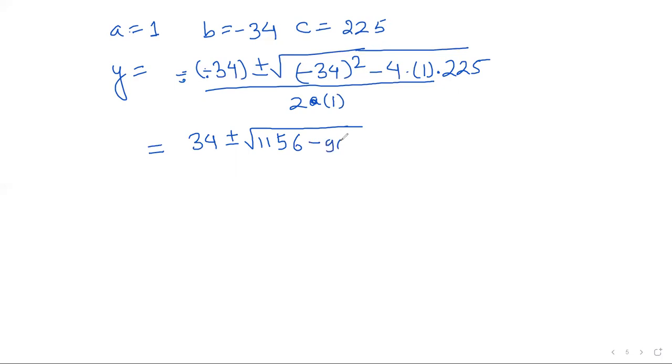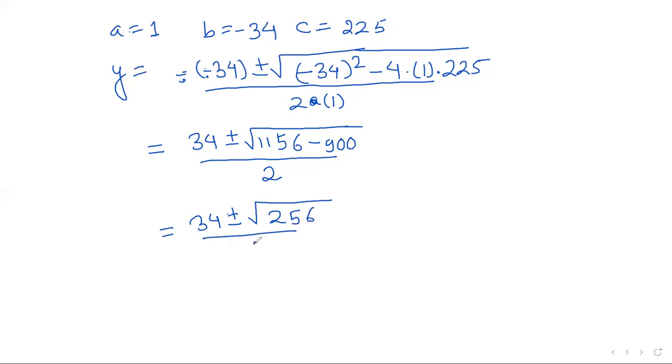It should be 900. Okay. And then 2 times 1 is 2. Now 34 plus minus the square root of 1156 minus 900, which is 256, divided by 2. And the square root of 256 is 16